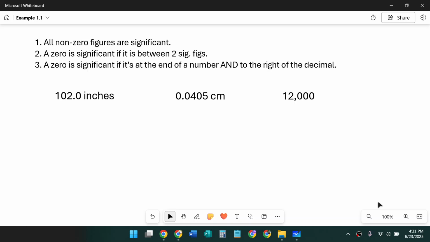At the top of the screen, I have the rules for determining what counts as a significant digit or a significant figure in certain numbers. And we're going to go through the three examples in example 1 to help practice that. So in the first one,